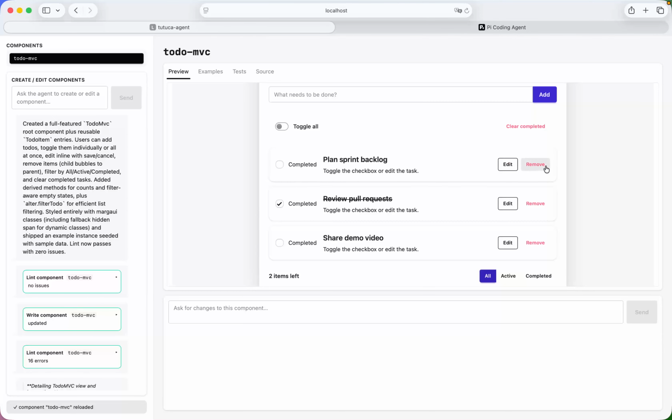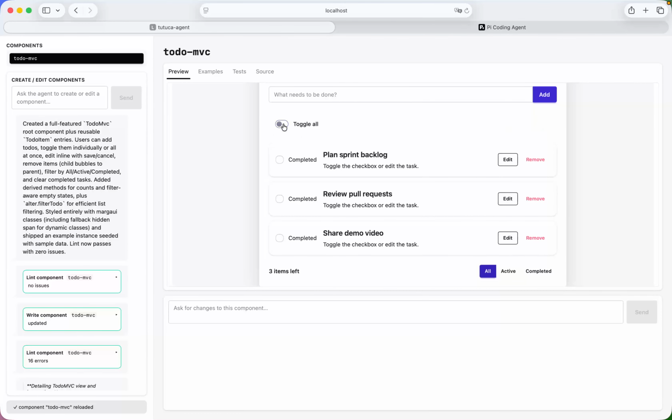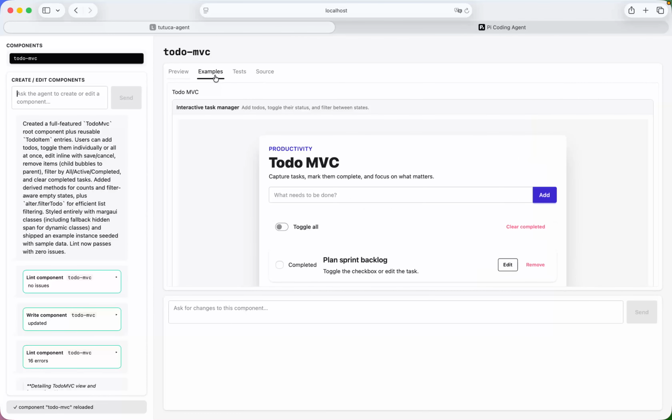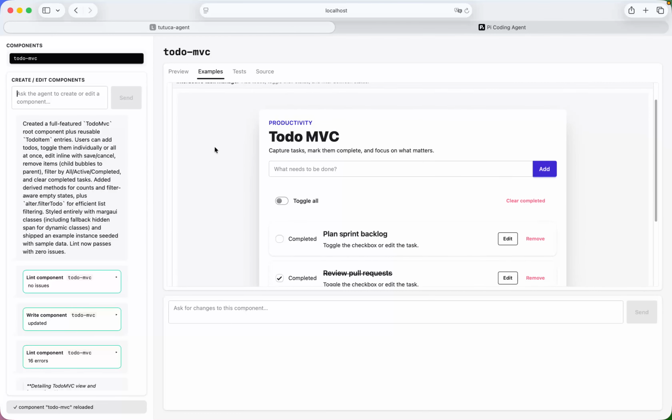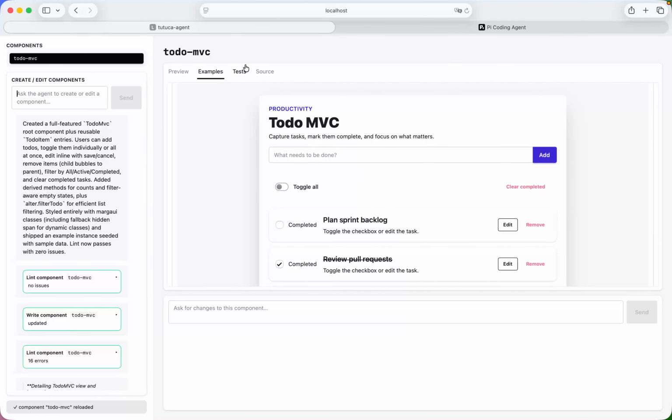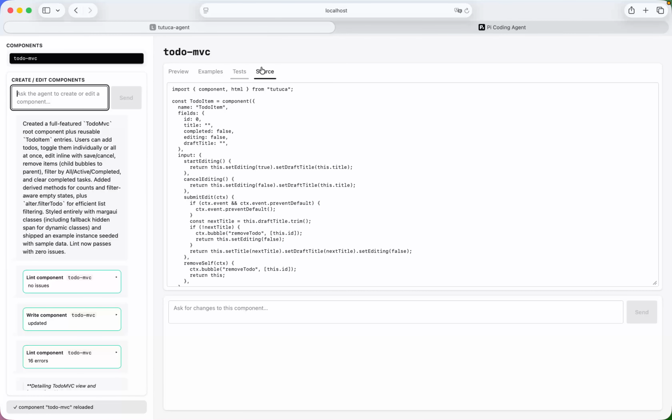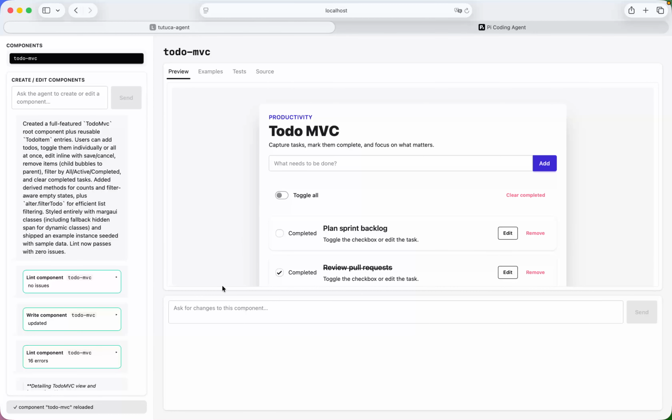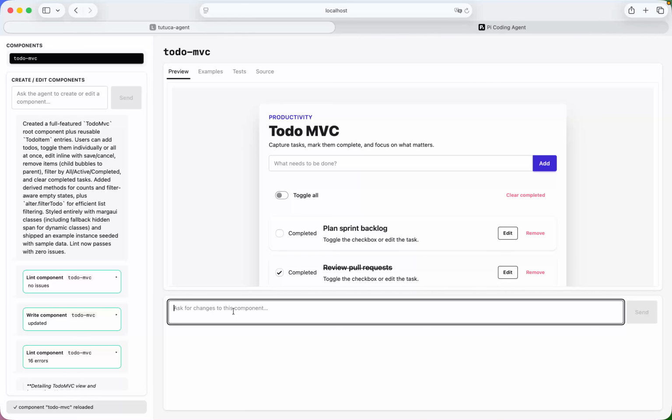I'm going to assume that it works. And here I can see examples, like a storybook style example, and tests. It didn't expose any text, and I can see the source if I want to. Let's say, create more examples in multiple states